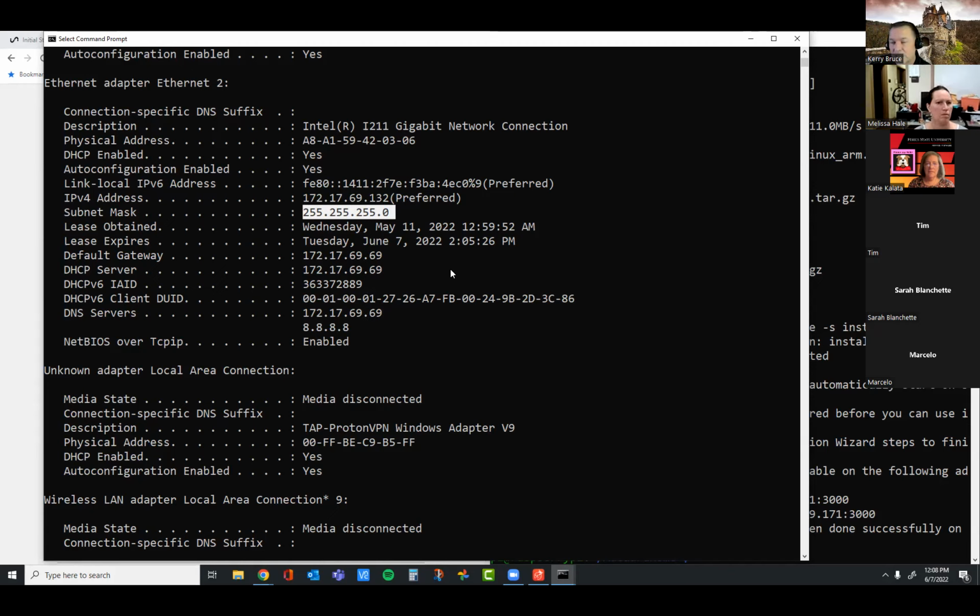But normally, especially if you have a class C, it's not normal in my experience to see numbers in the 200 range, unless they're way high, like 250s or 240s, where somebody's using end components as networking components.